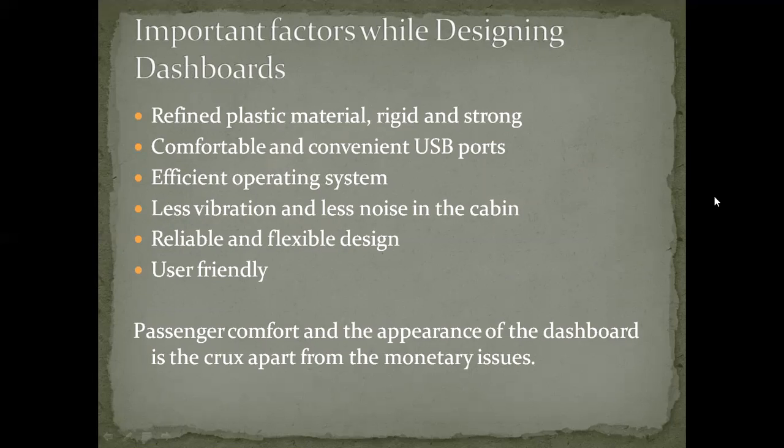So, important factors or objectives while designing dashboards. The objective of the automobile industry while making dashboards is to cater to the needs of its customers. According to a research survey on dashboard perception, it was found that material quality is the highest priority for customers, because most of the customer requirements associated with attractive design, texture, color, wear and tear resistance, and scratch proofing are linked to material quality. The second highest priority is dimensions and structure, because what customers need is less vibration and less noise in a strong dashboard.